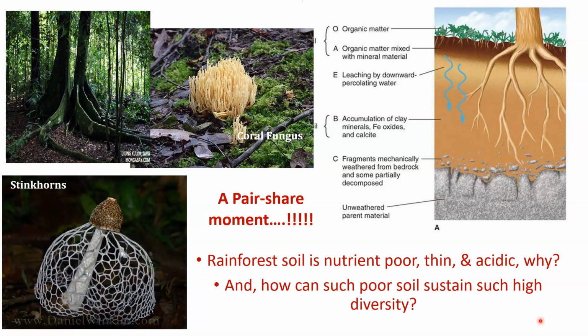Tropical rainforests are one of the oldest biomes on the planet, right? And they contain a lot of dead organic matter, right? When dead organic matter further undergoes decomposition, it releases acids. So that's why tropical rainforest soil can be acidic, right?